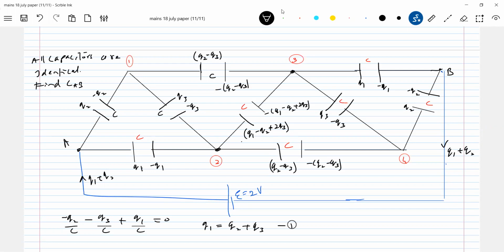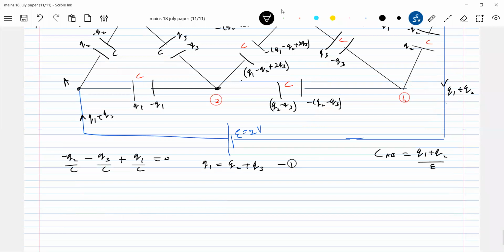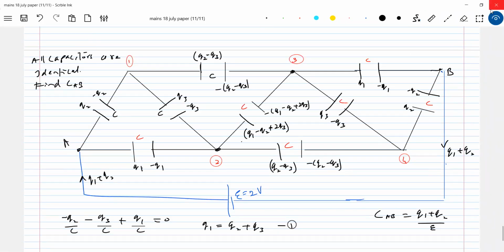This is one equation. So one more equation we'll write. One more different loop will be taken. What is the necessity? The Q1, Q2 should come in terms of E. So a loop equation involving E also should be there. Then only it's possible, no? Because finally what is the effective capacitance? CAB, we are going to end up with. So Q1, Q2 should come in terms of E. So we can take one more equation. These are the loop equations you can write.